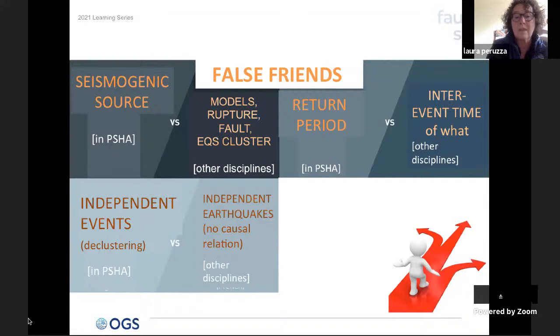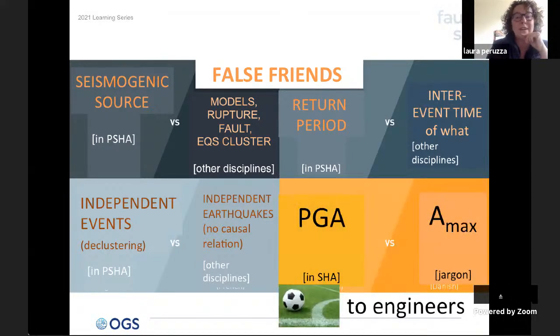It is something that is often misused between the different people that work around the seismic hazard. In reality, I have a fourth false friend that is related to the term peak ground acceleration and the confusion that is often made with the maximum acceleration. I don't know if it is a problem